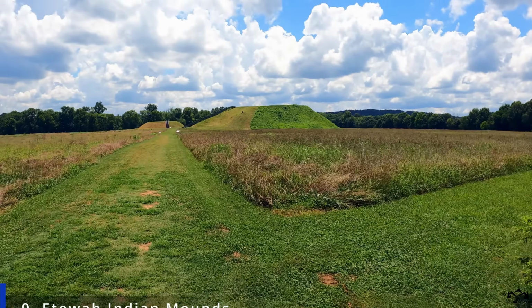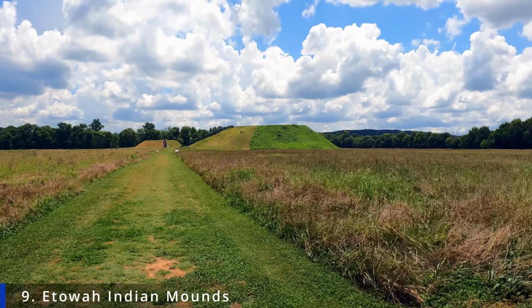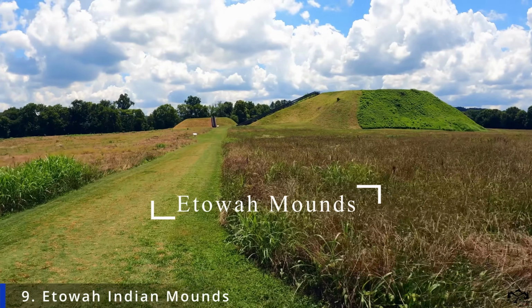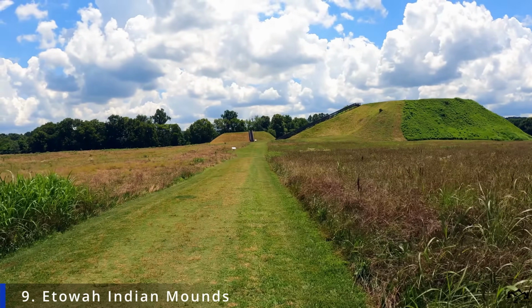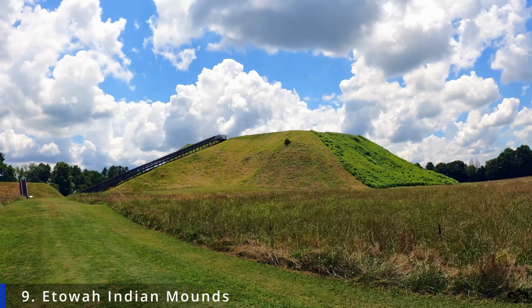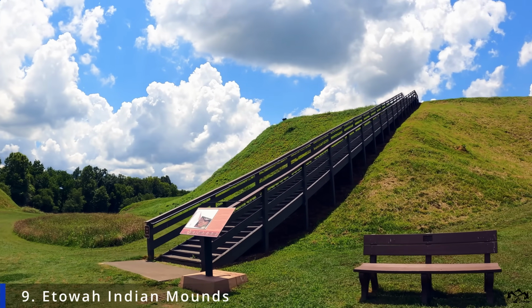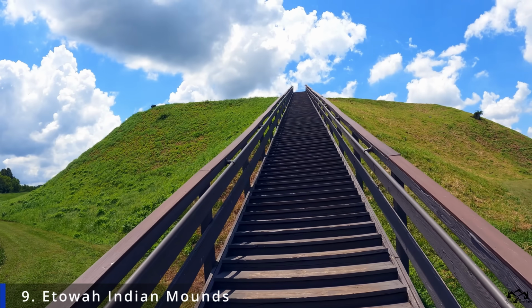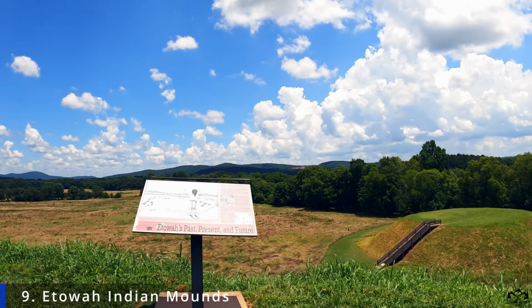Next in line, and the only archaeological site on the list, is the ancient Etowah Indian Mounds in Cartersville, Georgia. The site was inhabited by indigenous peoples of the South Appalachian Mississippian culture from 1000 to 1550 AD. These massive mounds are situated near the Etowah River, and the culture is characterized by its temple mound, platform mound,